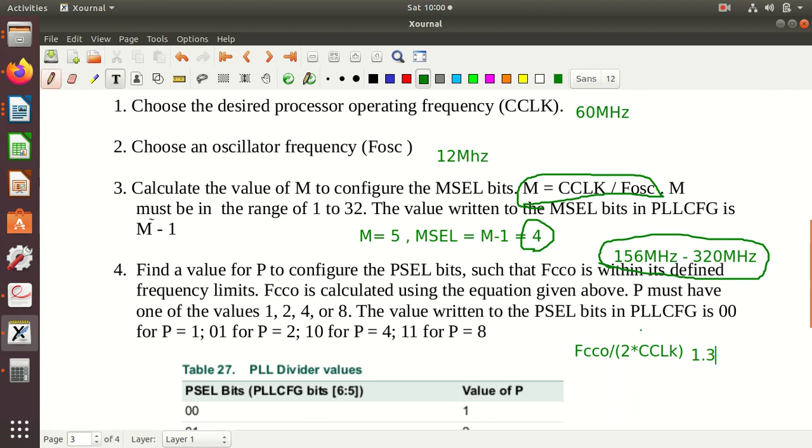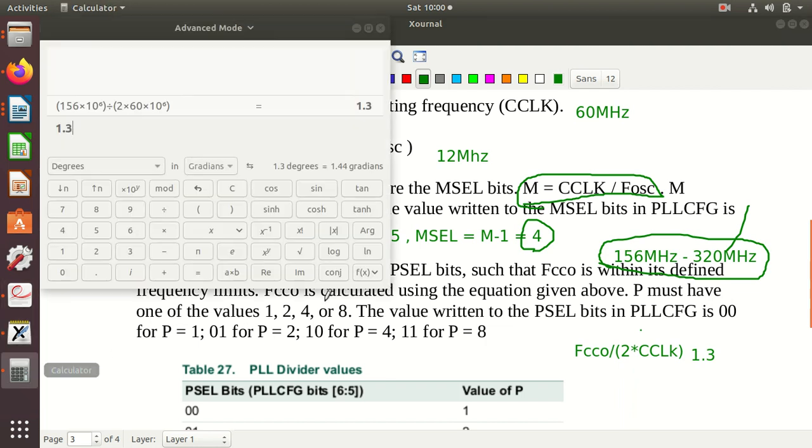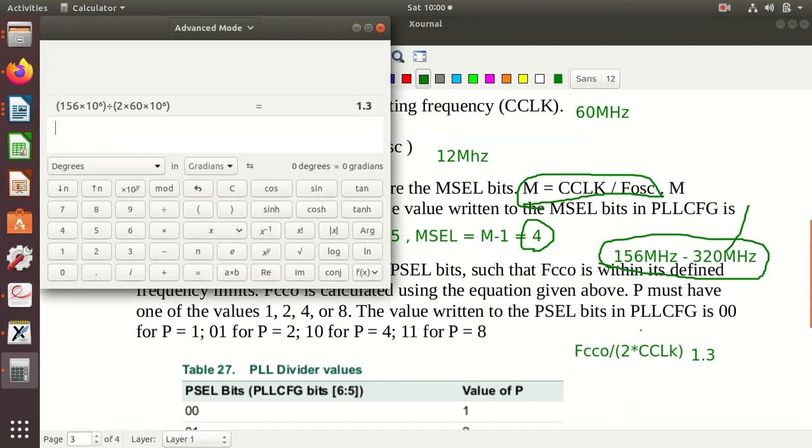Now let me take 320 megahertz. FCCO is 320. 320 multiplied by 10 raised to 6, divided by 2 into CCLK, and CCLK is 60 megahertz.